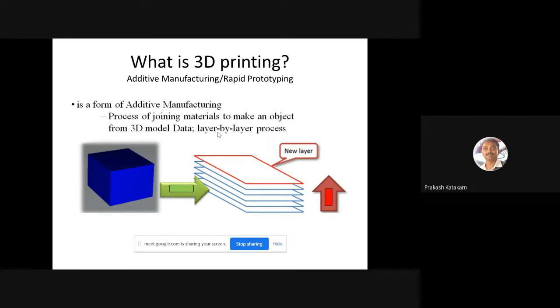The basic printer is mainly based on fused deposition modeling, where the object is printed in a layer by layer fashion, like putting a paper upon a paper, upon another paper, so that it makes a bundle, but it looks like a cuboid. In the same way, we can make any object of any shape, with any intricate design, internal or external, easily using 3D printing technology.